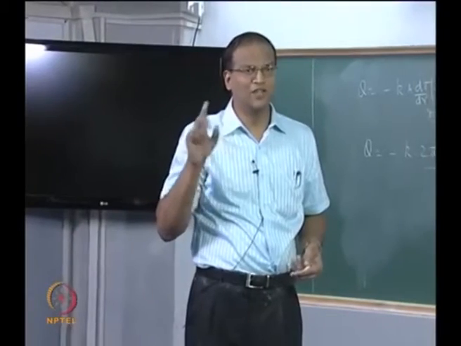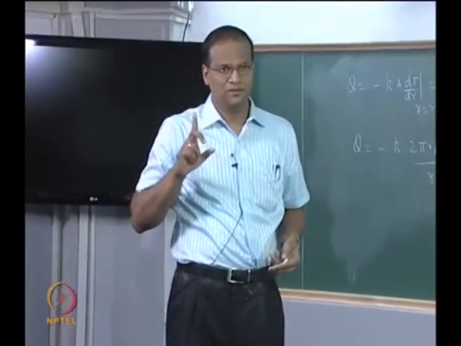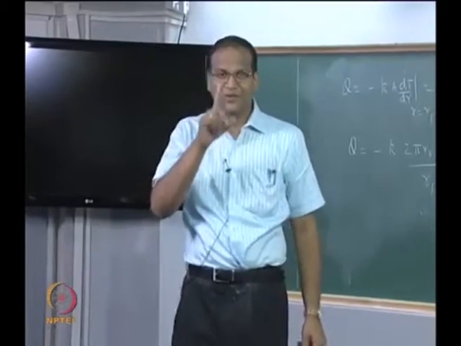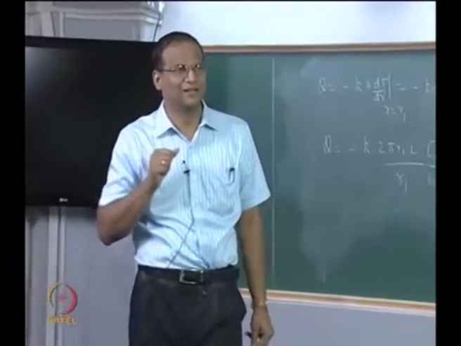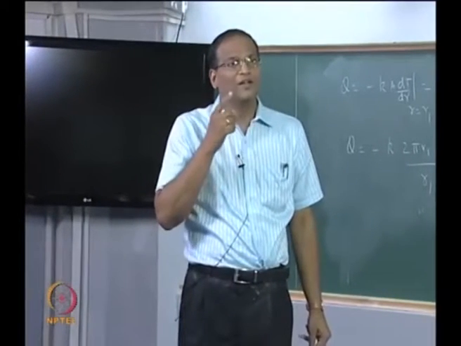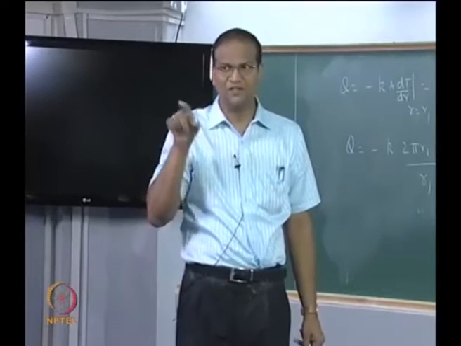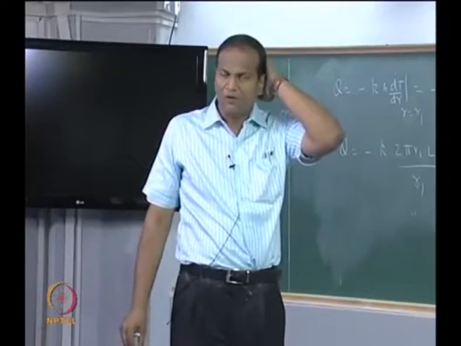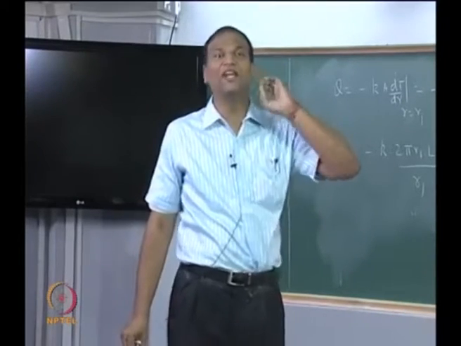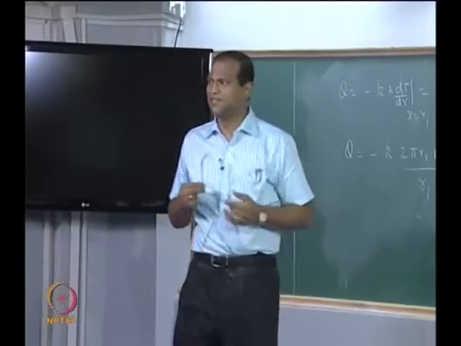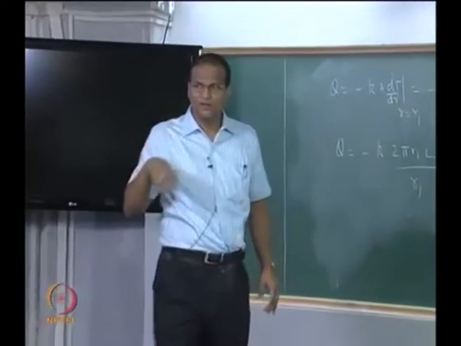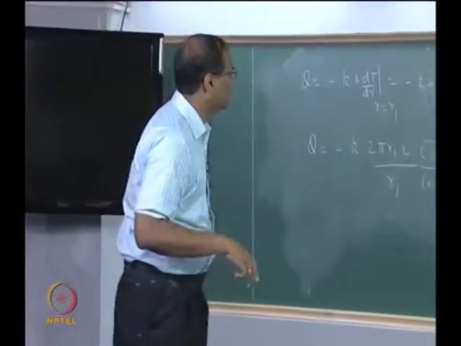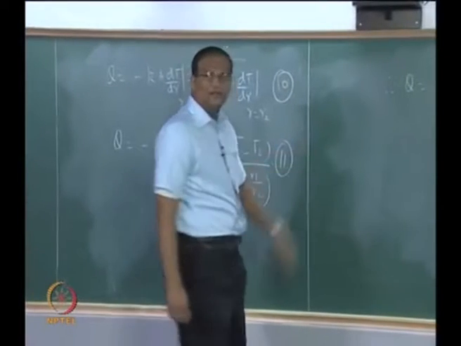when you are solving for conduction within a solid. Then what will happen to the temperature at the center? You have to take care of the boundary condition at the center. You may say dT by dr is 0 at the center if it is a solid cylinder. dT by dr being 0 does not mean it is insulated. Sometimes at the center we apply what is called the finiteness of temperature condition. The temperature has to be finite. If time permits, we will solve a problem where we take a solid cylinder. Now this is pretty straightforward.